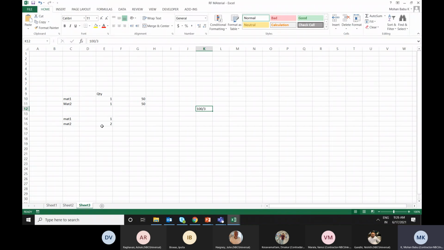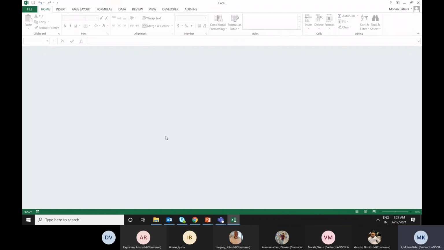Two portions will be given to the second material and one portion to the first material, which is 33.33 and 67 or so, which makes 100. That is how the allocation percentage is calculated